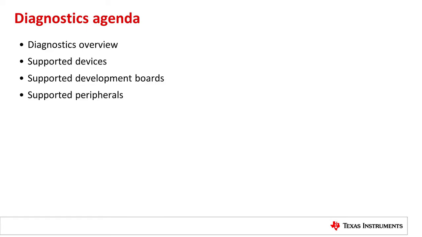The purpose of this video is to introduce the TI Processor SDK RTOS diagnostic package, what devices are supported, what board and peripherals are supported, and how to build, run, and validate the test. Some useful references are provided. This video is part of the How to Run Processor SDK RTOS board diagnostic series. We will focus on using SPI Flash to run the diagnostics on the AMIC 110 ICE board.